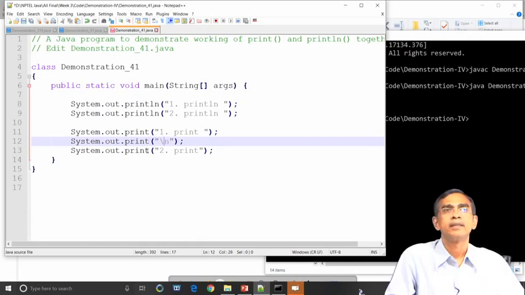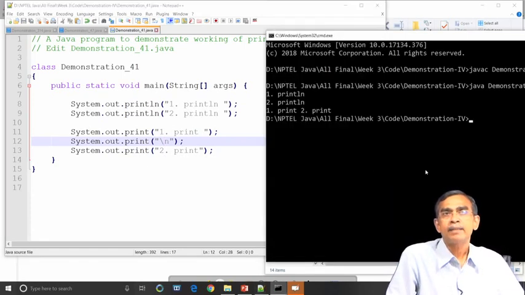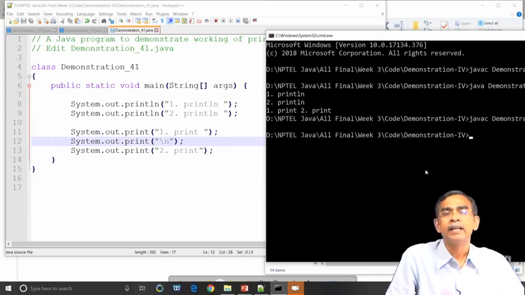Now, here, the fourth print statement, just like in the C programming language, has a backslash n. So, backslash n is basically the new line character, that is, it is non printable. It basically gives the cursor to the next line.